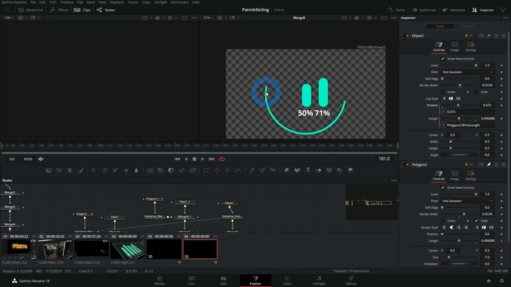So this one point of this circle is going to be staying in the same spot, and then it's wiggling the other point around. If I want both of them to move, I can pull in time, which will look at the main frame count of the entire comp, and that'll be a little slow when talking about something like this. So I can times that by just like 4, and now that circle will be slowly